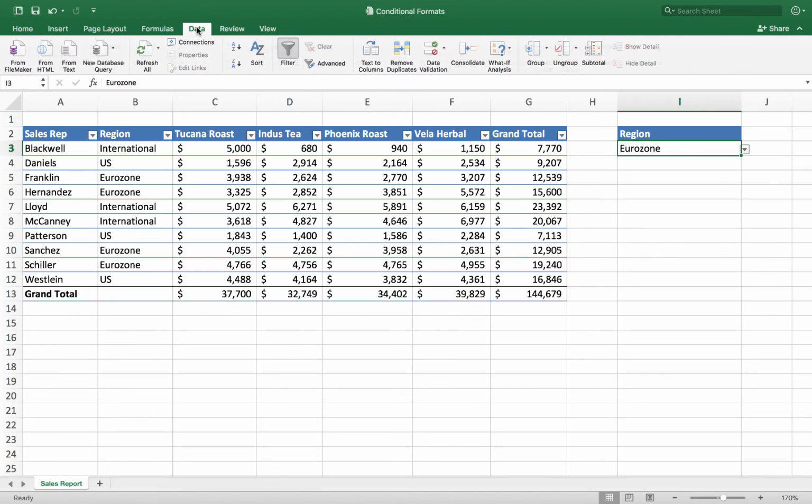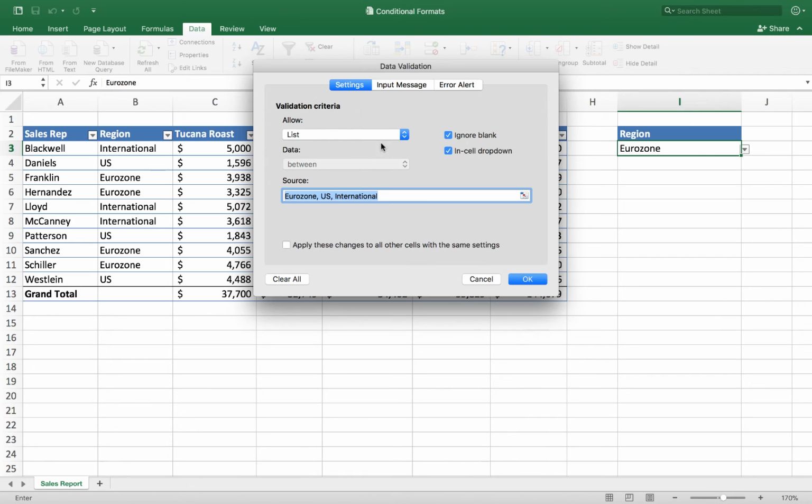If you go to the Data tab, over to the right there's an option for data validation. When you click on Data Validation, look at this. It takes you to this dialog box, and look what somebody's done here. They've specified that the source for this cell is a list.